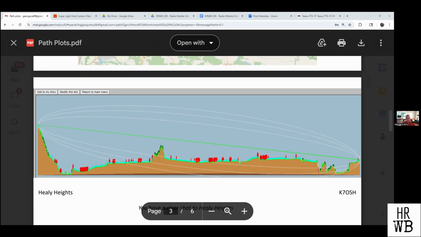So the first Fresnel zone is the white line below and above the green line, the first ones. Okay. So if a tree or a building is inside that area, it is calculated as a penetration loss. As an example, if you look on the left side of the path, you have trees and buildings on the foot of the mountain. They are not taken into account because they are not in the area between the two white lines, each side